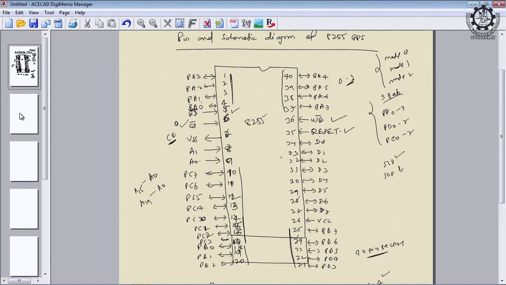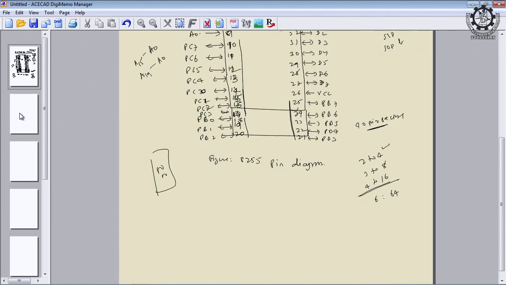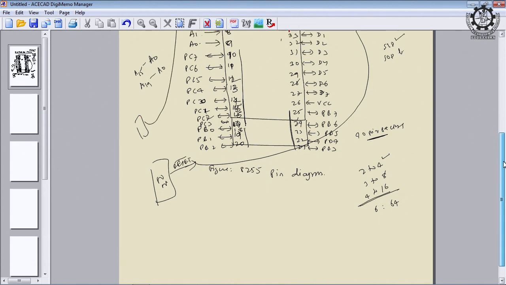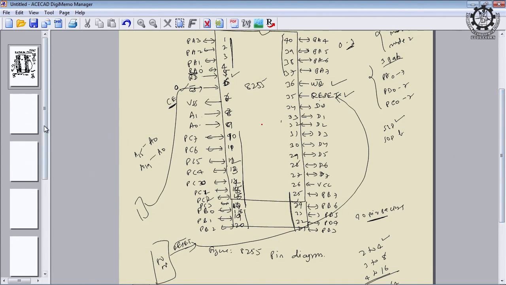As far as the control signal connection is concerned, if it is 8085 here, reset out or reset is the output signal from 8085 that is connected directly to reset input of the 8255. The way I told you, from 8085 there must be a connection to chip select for selecting that chip, and in between the decoder will appear. Similarly, 8085 reset output will be connected to reset input of 8255. Therefore, arrow mark is given inward, and you can observe in 8085 the same reset signal was given outward.